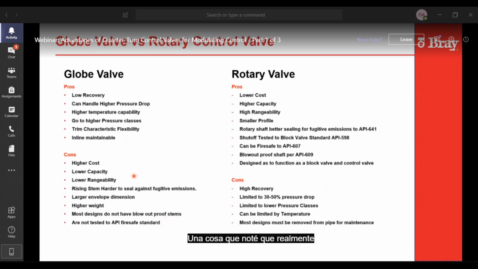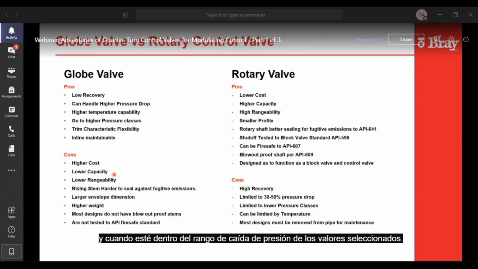One thing that I noticed we didn't really point out is that because it has a lower capacity, for the same pressure drop, you would have to use a much larger globe valve against a rotary valve. So you can get a lot more flow out of a rotary valve, therefore you can use smaller, less expensive valves to do the same job as long as you're within the pressure drop range of the valve you're selecting.